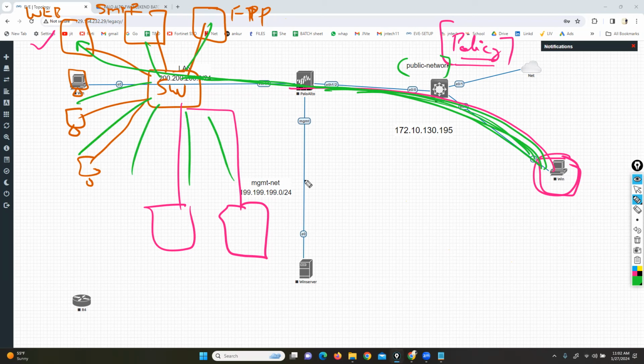It may be possible, because traffic is coming from an untrusted network. So it may be possible. That's why what we can do, we can put these servers